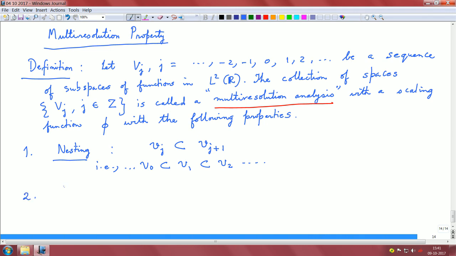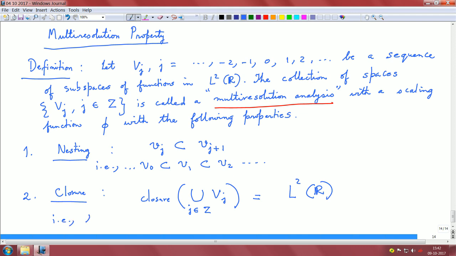The second is closure. The closure of the union of all these spaces is essentially, I will put 2 here, the original space of all square integrable functions, that is, the closure of the set of spaces covers L2(R),